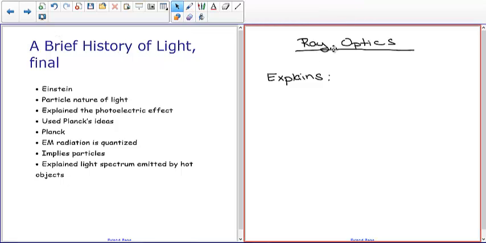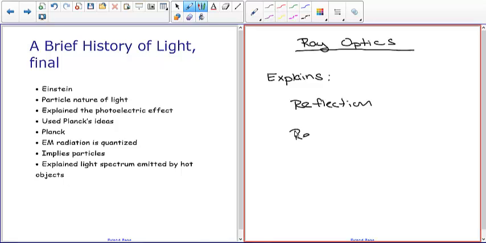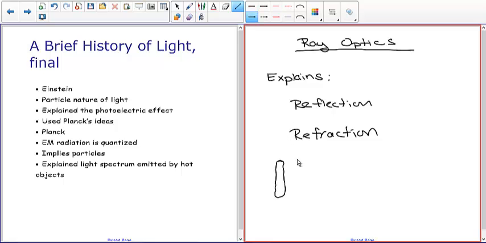So let's talk about, so what is ray optics? So what does it explain? It explains reflection and refraction. And what you do is you treat light. So let's say we have some kind of object, and from this object you have light that is transmitted, and we're basically saying that the light travels in a straight line. So if we're looking at, so assume this is my calculator,